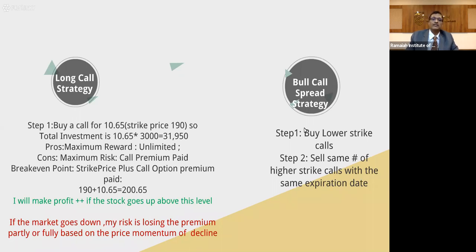So what are the advantages of the long call strategy? My view is bullish, and let's say the stock price rises. The benefit is that the reward is unlimited. Right? So if it goes to 200, 250, there is no limit. My gain is unlimited. If it goes to, God forbid, I'm sure it doesn't happen because it indicates high volatility, 200, 250, at expiry you get out at 250, but you bought it at strike price 190. So your gain will be 250 minus 190 into 3,000. Amazing return, right?